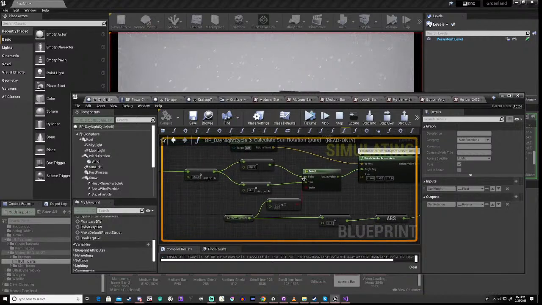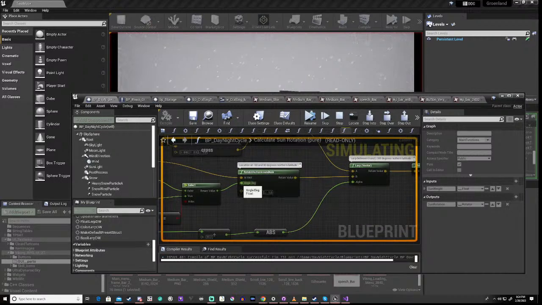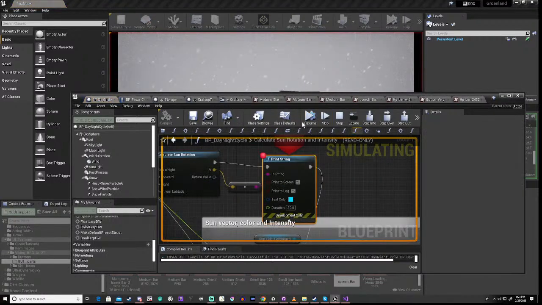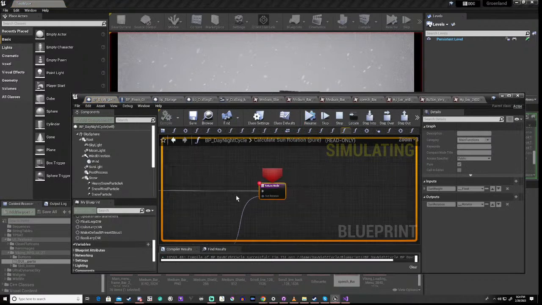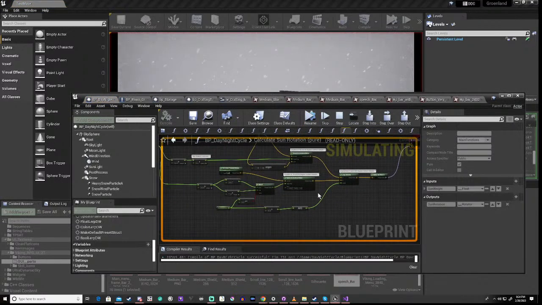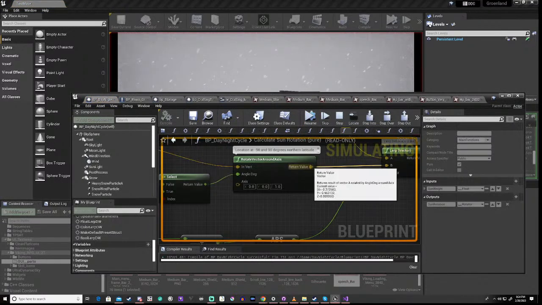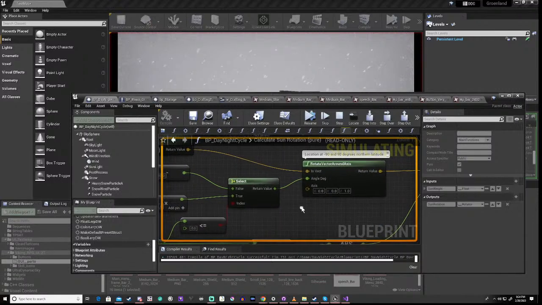So we need to know if this degrees thing is right. Okay. So that's 0.27, minus 0.27, minus 0.26. And this